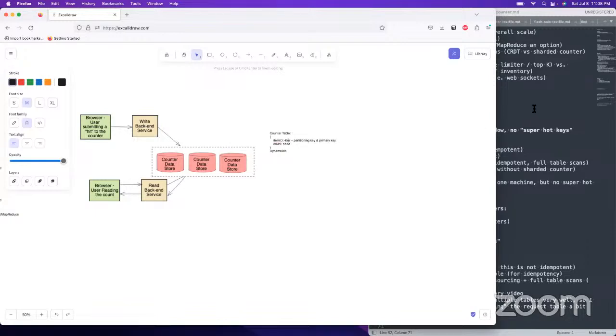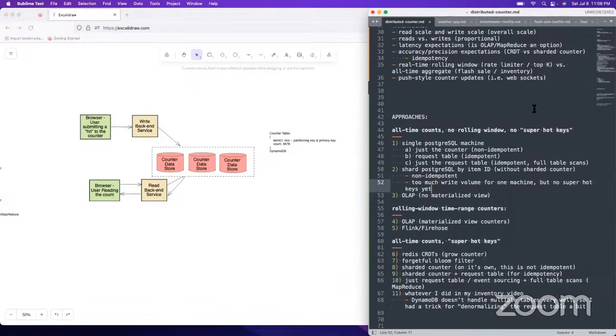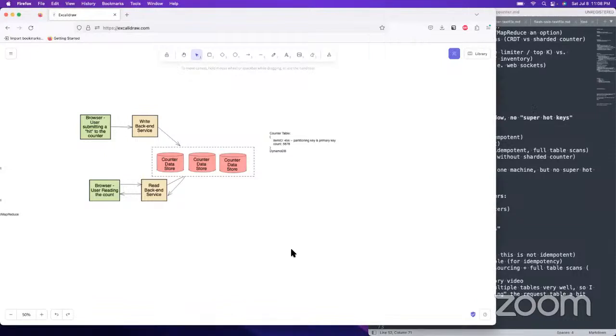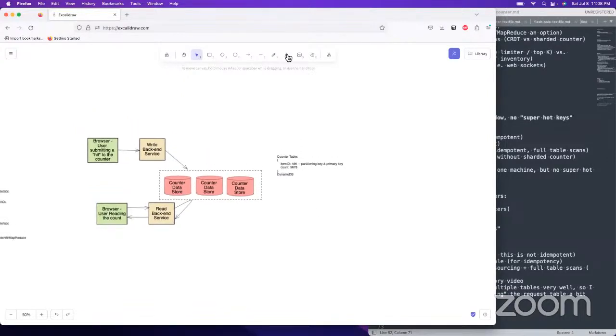So that's approach 2. All right, approach 3, OLAP, no materialized view. I think this is where I just have this request ID table. Shoot, this one's weird. You might want to even have Kafka in there. Here, I'm going to mark this as approach 2 first.